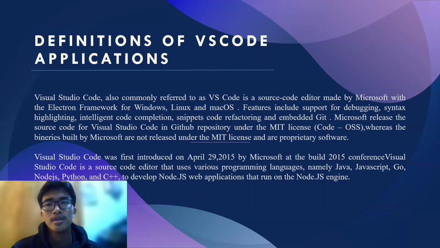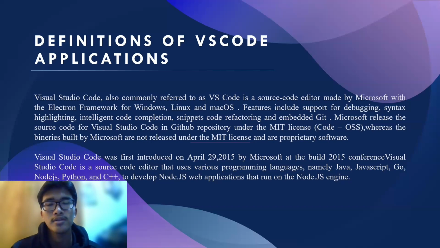Microsoft released the source code for Visual Studio Code in a GitHub repository under the MIT license, whereas the binaries built by Microsoft are not released under the MIT license and are proprietary software. Visual Studio Code was first introduced on April 29, 2015 by Microsoft at the Build